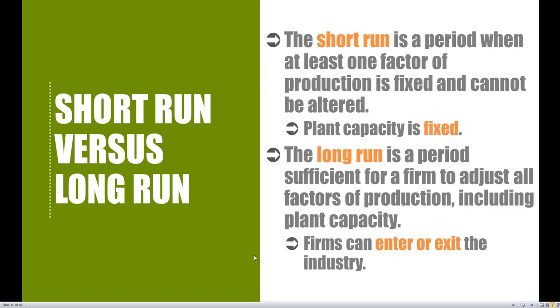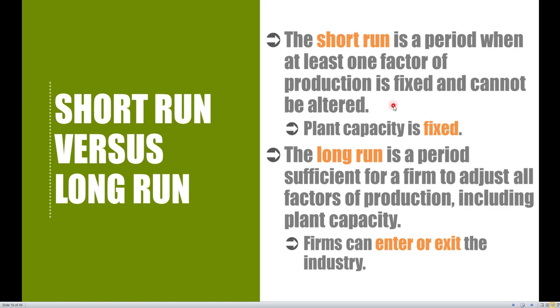Remember, the short run and the long run, there is no specific time period attached with either one of these time periods. It's not 1 year, 5 years, 10 years, 30 years. It has to take a look at exactly what is happening within each of these situations. The short run is a period when at least one factor of production is fixed and cannot be altered. So when we take a look at one of our resources, it is fixed, it is constant, it does not change at all. In these examples, we typically assume that plant capacity is going to be fixed. So our amounts of physical capital do not change at all. It's going to take quite a bit of time for us to build up new plants, etc. So therefore, we consider this one variable to be fixed.